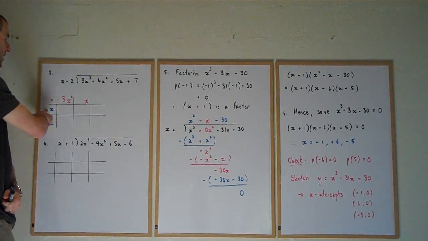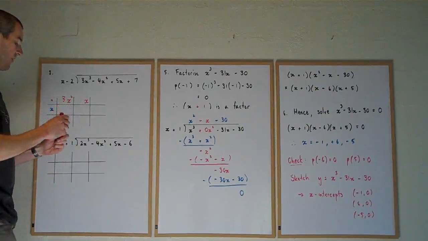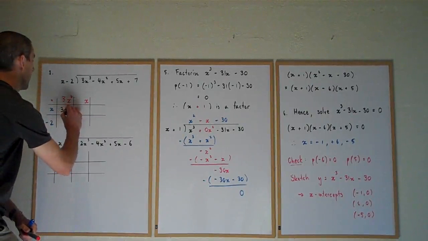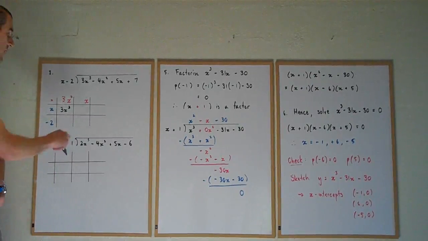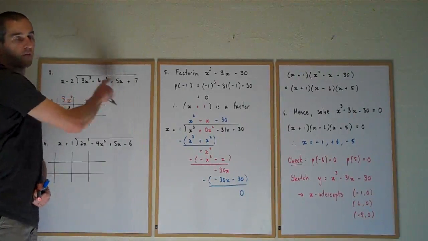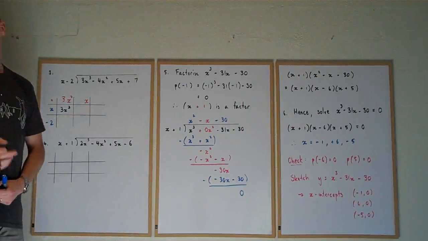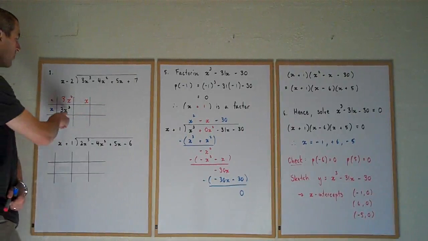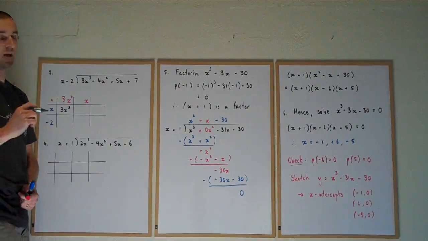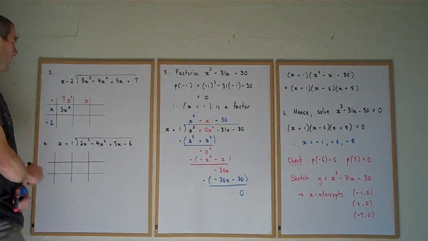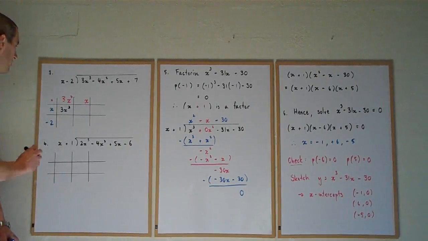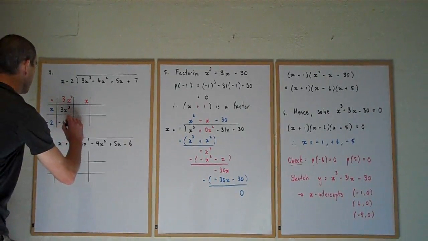We've got 3x squared times x, and we're looking at filling in the gaps in our table, which will give me the 3x cubed. So everything in the black writing in the table here is going to filter out to be that particular part of the multiplication. Again, division and multiplication are opposite operations. So what we're looking to do is create this particular polynomial inside the times table. Once we've got that, we now need to do the second part of the multiplication, which is 3x squared times minus 2, which gives you minus 6x